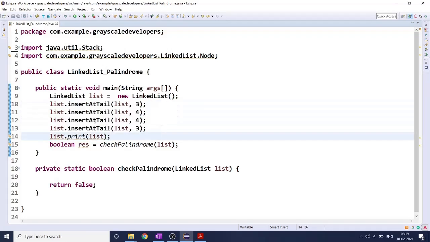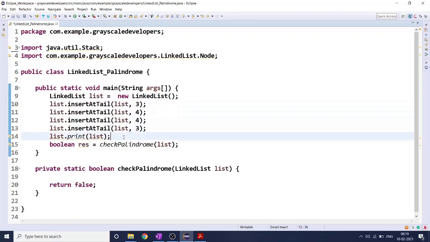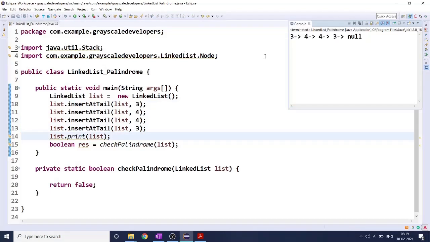If you want to know how to do this insert at tail, you can see my previous videos. And then simply I'm going to print the elements. Here you can see we have a linked list with the nodes 3, 4, 4, 3 and then null.